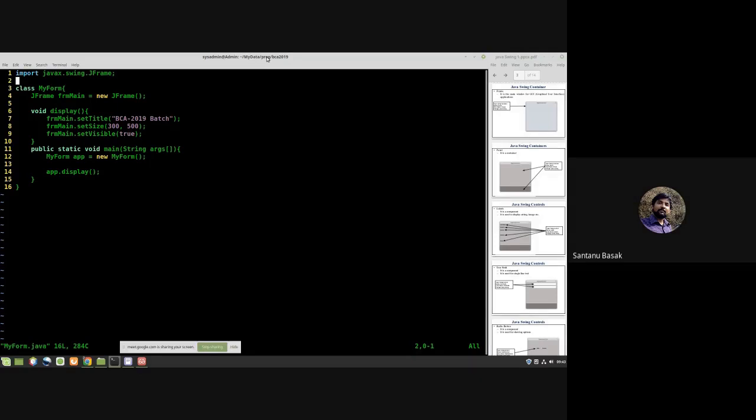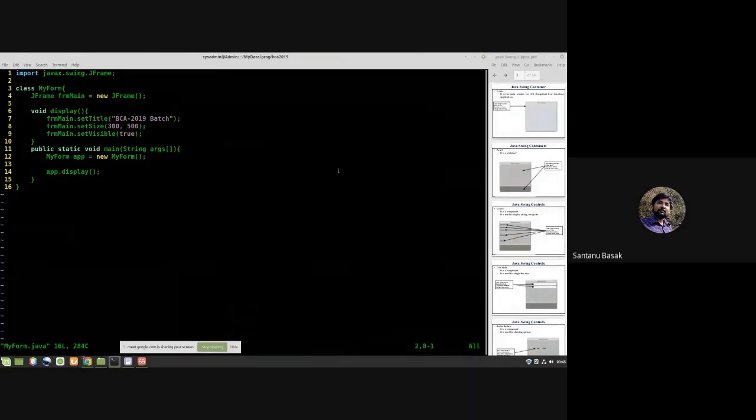Within that I have called setTitle, setSize and setVisible using the frmMain object, which is nothing but an object of the JFrame class. Now setTitle sets the title text of the title bar. setSize sets the default size when it opens the first time. Now setVisible must be true to view the frame, otherwise the frame will be hidden.